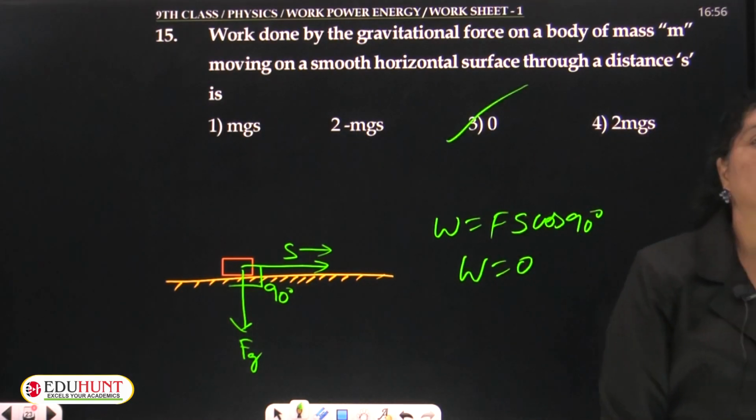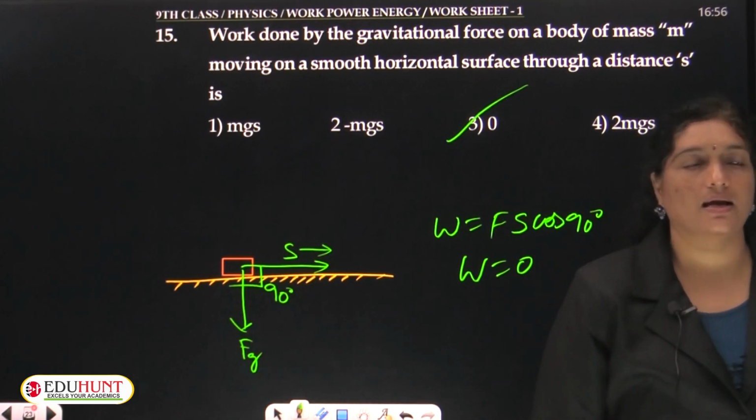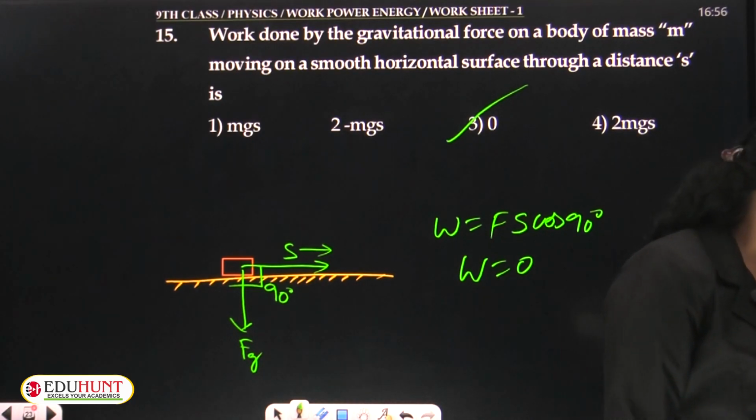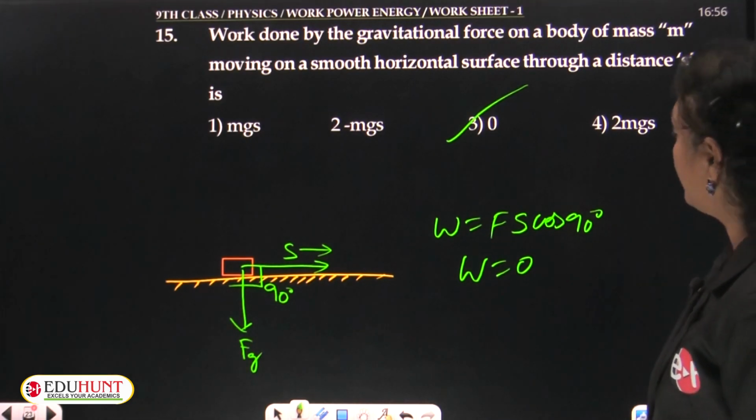So what is the correct option, children? The work done on this is taken as 0. Okay. So now moving to the next question, that is